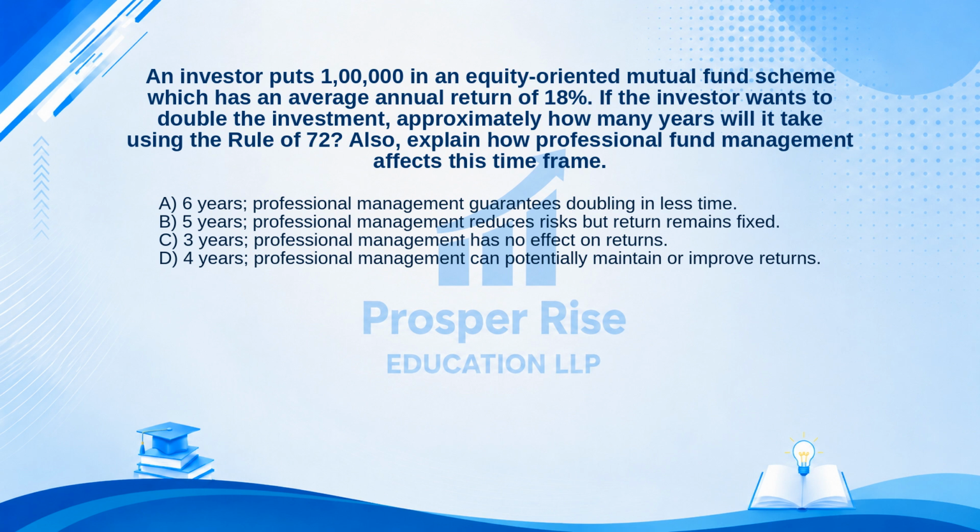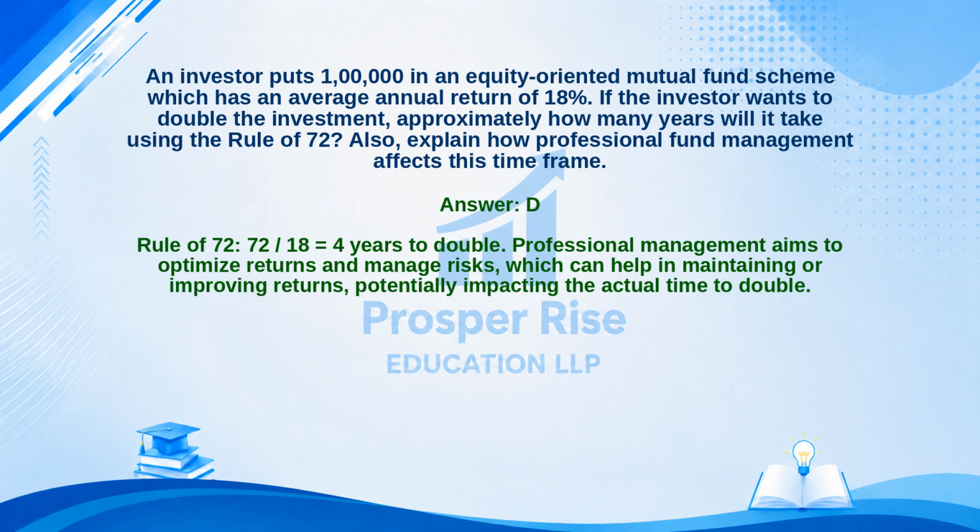Take a moment to pause the video and decide. The correct answer is option D. Let's see why. Rule of 72. 72 divided by 18 equals 4 years to double. Professional management aims to optimize returns and manage risks, which can help in maintaining or improving returns, potentially impacting the